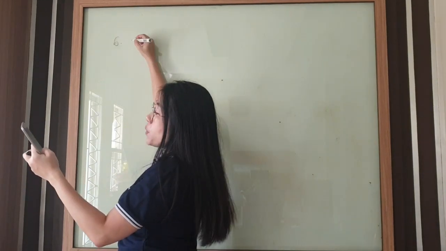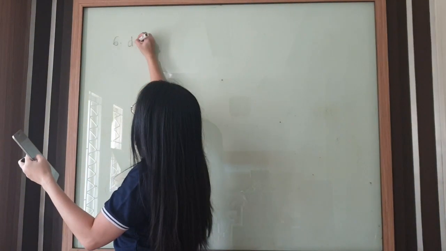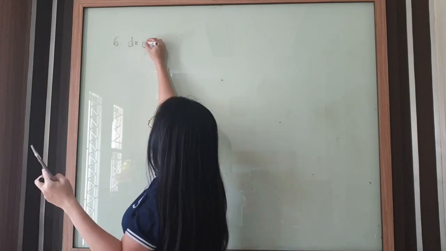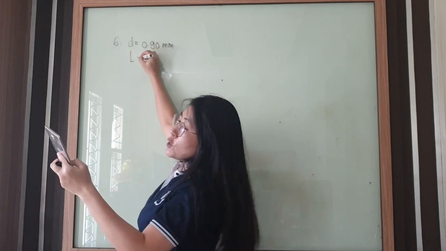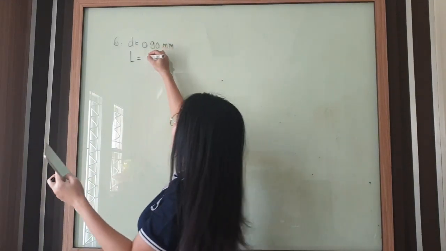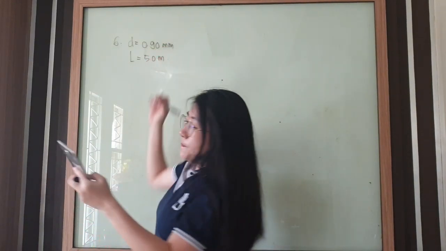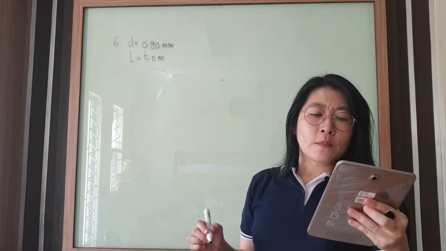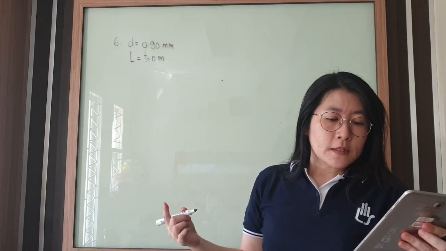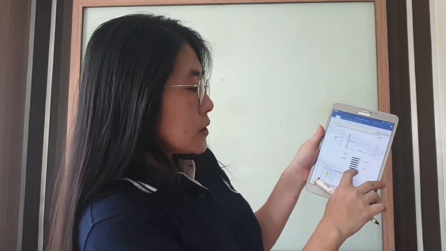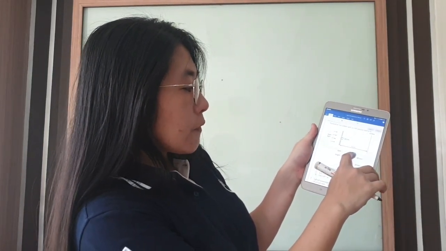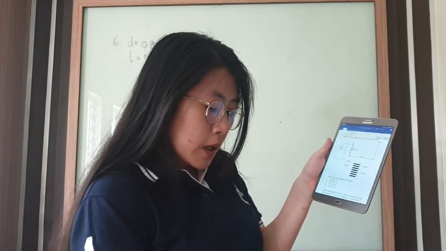In the diagram, we can see that d, the distance between the two slits, is 0.9 millimeters, and L, the distance from the slit to the screen, is 5 meters. And then from the second diagram, we can see from this dark fringe to the last dark fringe, that will be